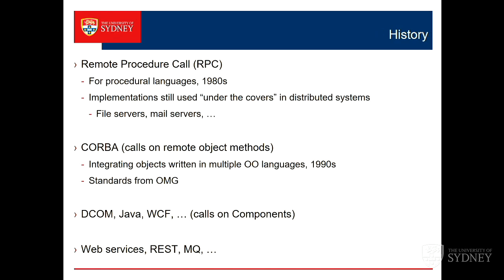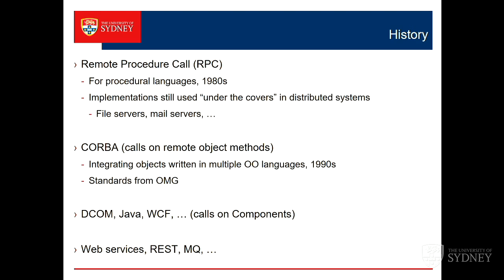Ah, good. There we go. Now I can talk about your question. So this stuff all started off when procedural languages were popular, and obviously what you wanted was remote procedure calls, and so they're the oldest of these technologies, and they're still widely used everywhere. A lot of the underlying plumbing in operating systems is this stuff. If you've got a distributed function operating system, it's probably running on an RPC protocol. One called DCE, where did DCE come from? From the Unix world, I think, and that's been propagated around. So lots of it's still being used.